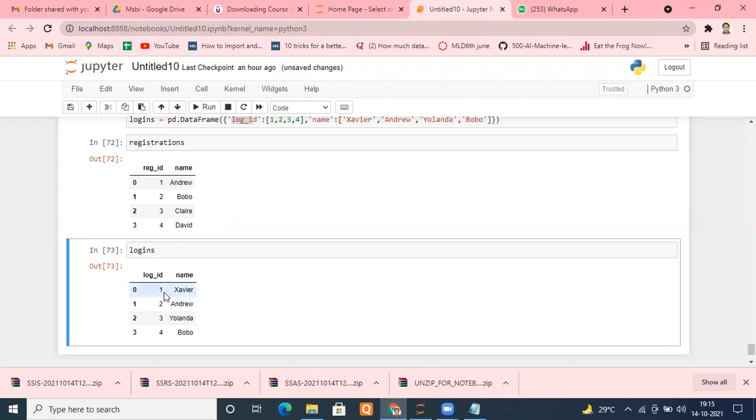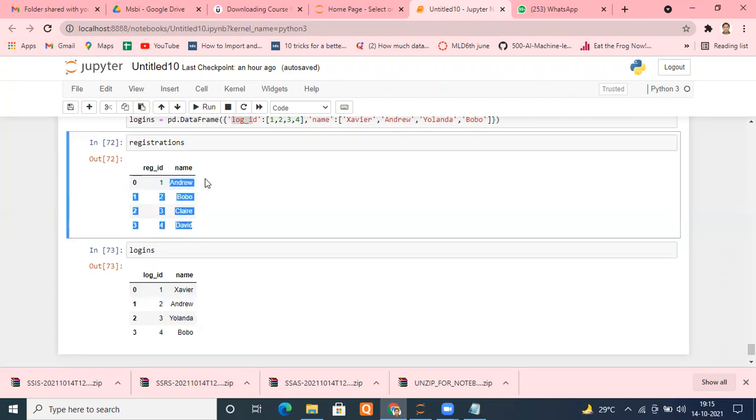Some person came, his name is Xavier, and he didn't register online. He came directly and was the first person to arrive, so I gave him ID 1. The next person who came is Andrew, and I assigned him login ID 2. The same person also did online registration as well.